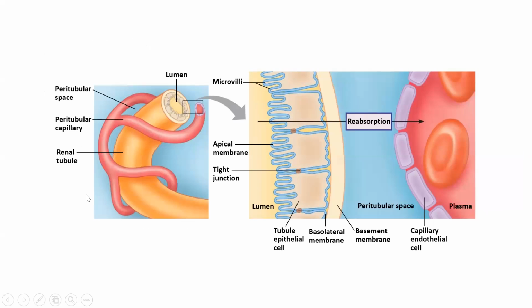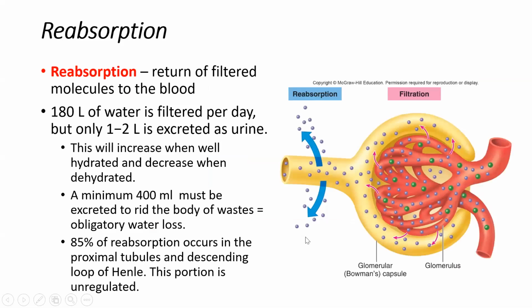All right. And so here is an even closer view of these different structures of this barrier to reabsorption, right? So water is going to move across here. Sodium, chloride, potassium is going to move across here. And this is preventing these substances from being eliminated from the body with the urine, and we're reclaiming them back into the blood because we need them, especially glucose. All of the glucose is reabsorbed, and amino acids and important things like that.